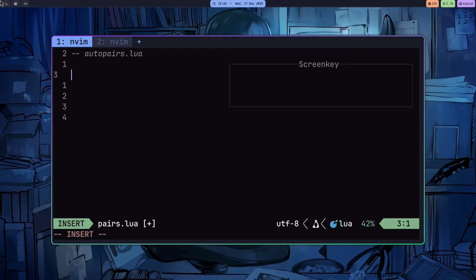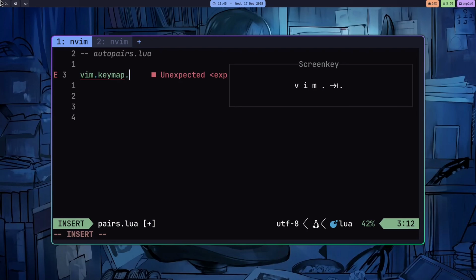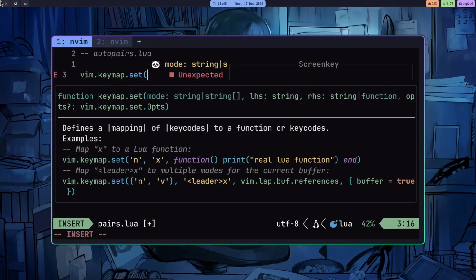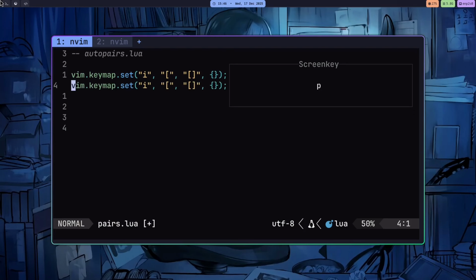For example, you can set a keymap. Insert mode, the square bracket, and then the pair, and you can have that functionality with this. I want to do the same with curly braces and parentheses. So